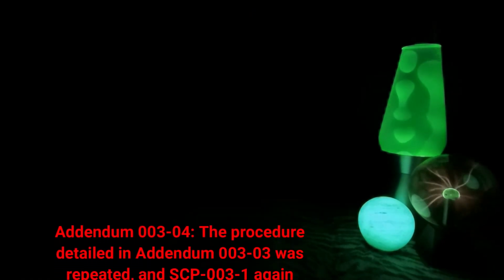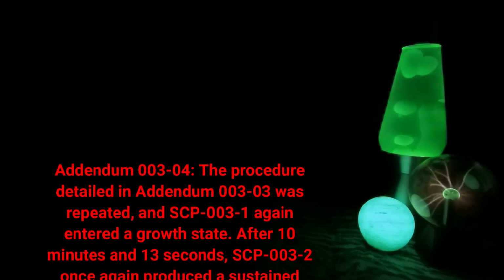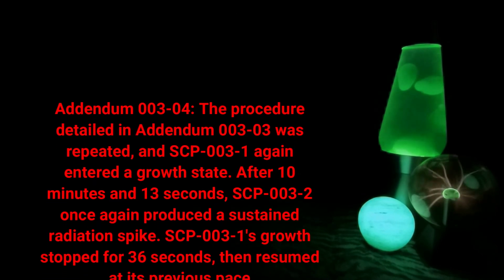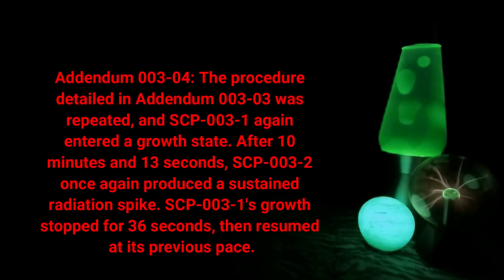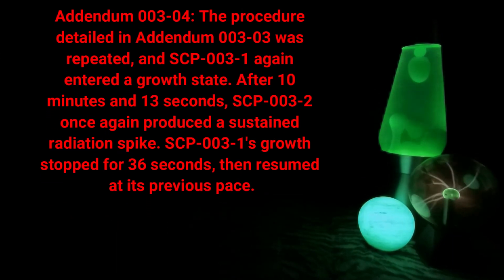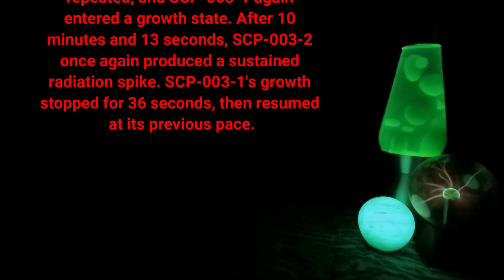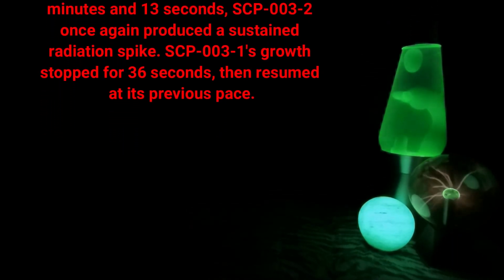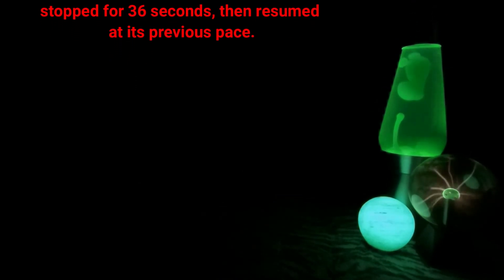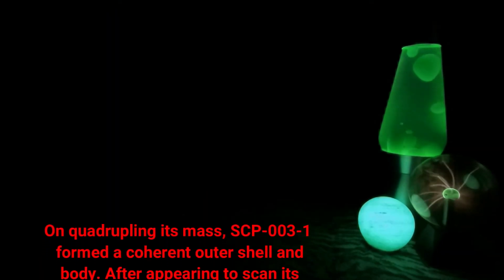Addendum 003204. The procedure detailed in Addendum 003203 was repeated, and SCP-003-1 again entered a growth state. After 10 minutes and 13 seconds, SCP-003-2 once again produced a sustained radiation spike. SCP-003-1's growth stopped for 36 seconds, then resumed at its previous pace. On quadrupling its mass,